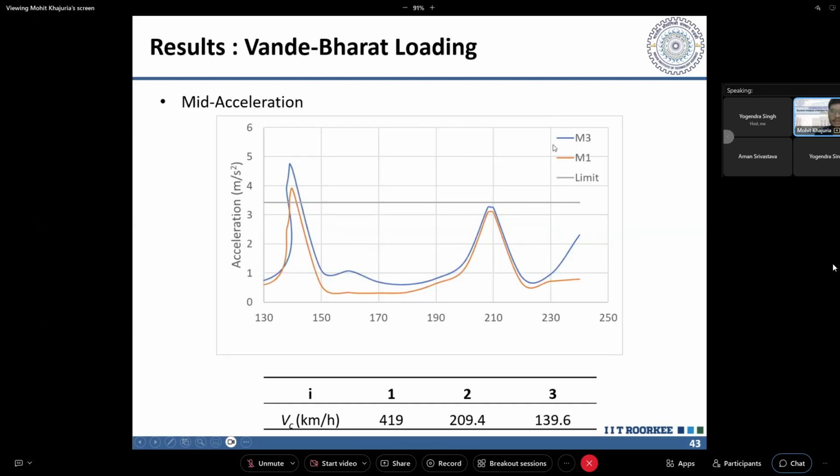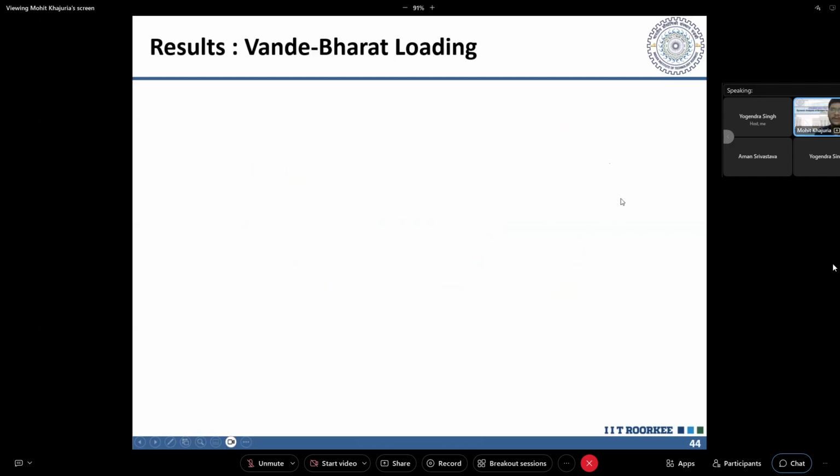But if we see the acceleration response, we can see that the clear build up in the response is seen with the modes. That is why it is advisable to consider at least three modes, and a clear peak is seen around the resonating speed, and at this speed it is overshooting the limit provided by the UIC. In a similar fashion you can do it for any loading and any speed